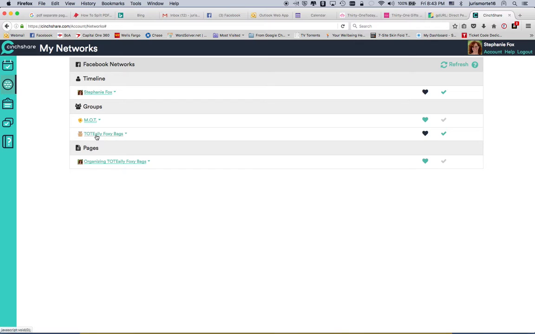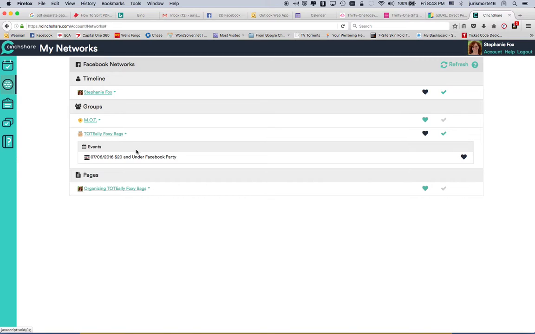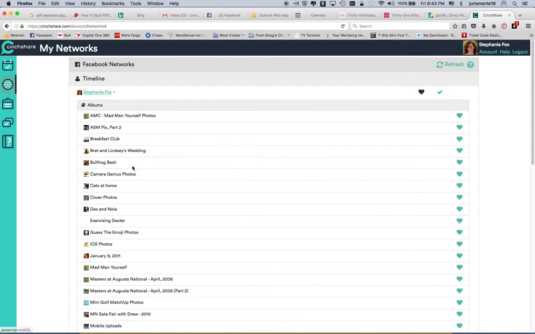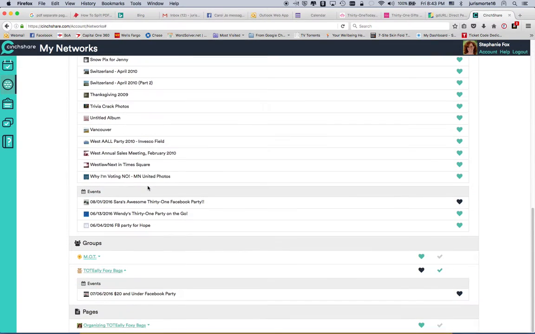I'm Totally Foxy Bags. You can see here it automatically pulls in my groups. When I click on Totally Foxy Bags, it will show me any events that I have scheduled. This is important because you obviously have your own personal timeline that will have albums and events and all sorts of other things too. You want to make sure that you're clicking on the right one depending on where you set up the Facebook party. If you set it up under your own personal one,